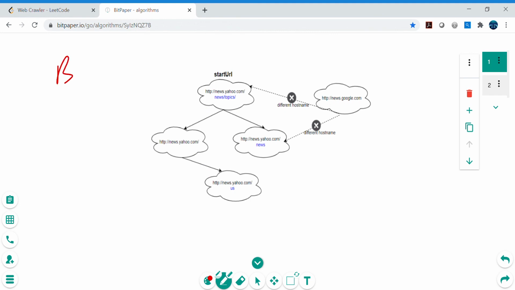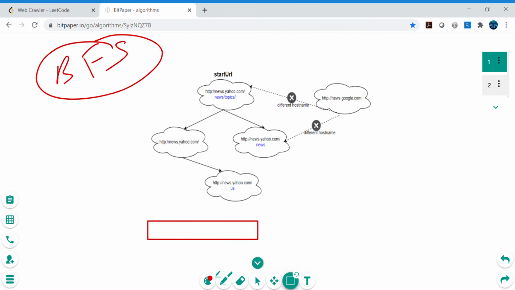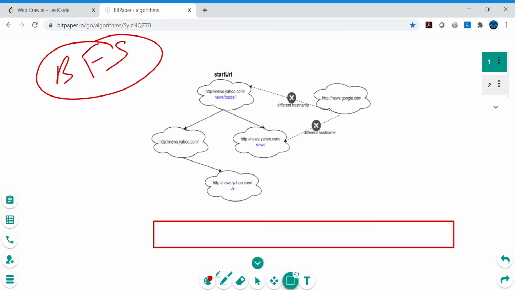So we can apply breadth first search here to solve this problem. Now, as in breadth first search, we take the queue, and let's say I'm naming these nodes 0, 1, 2, 3, 4, just for simplicity, so that we don't have to write all these long strings here.